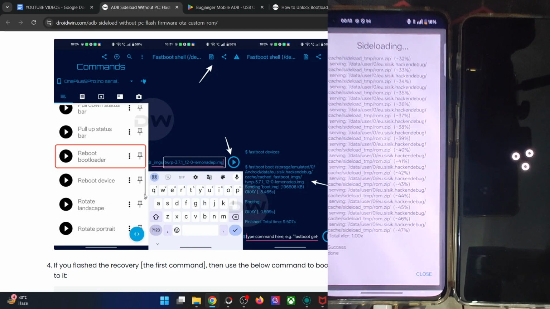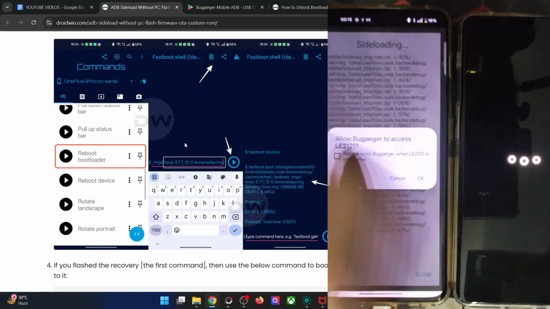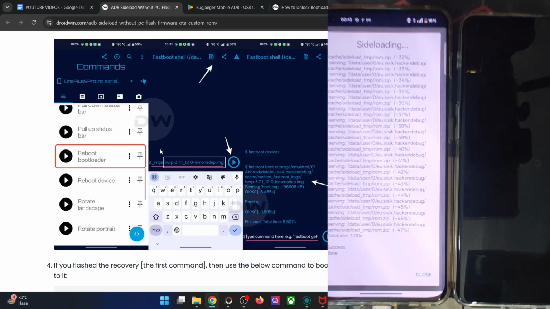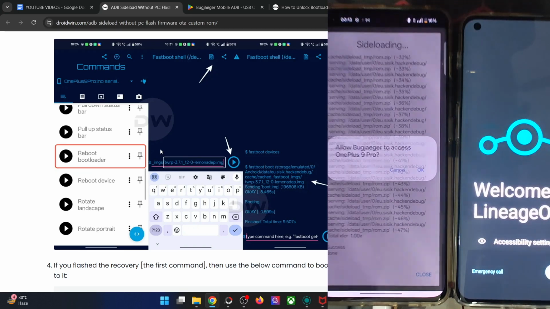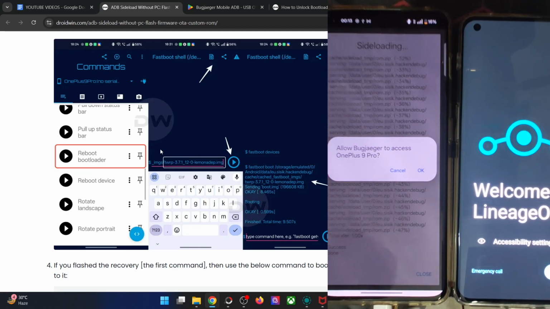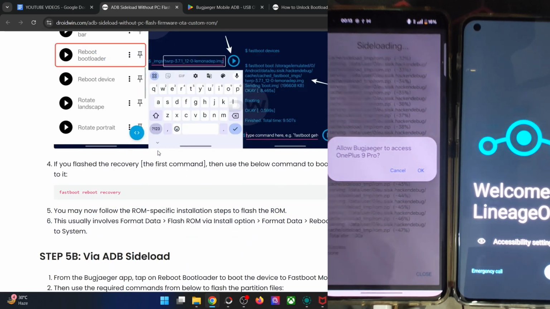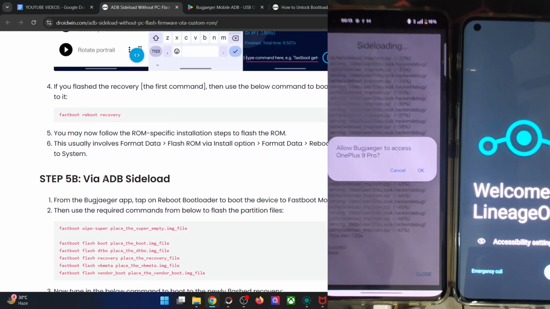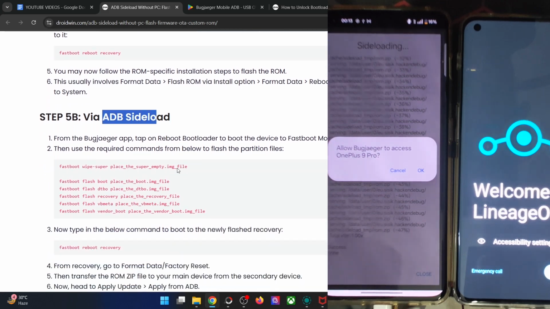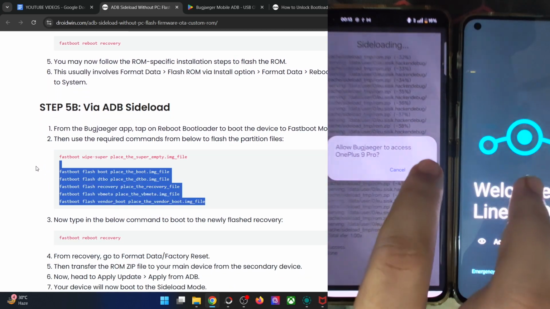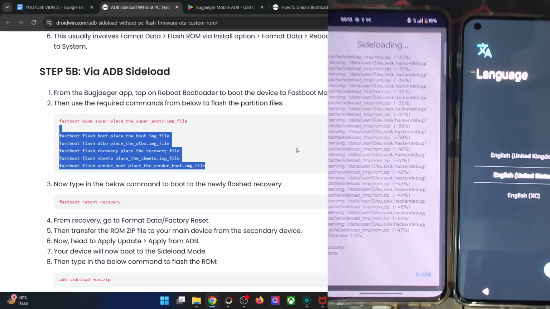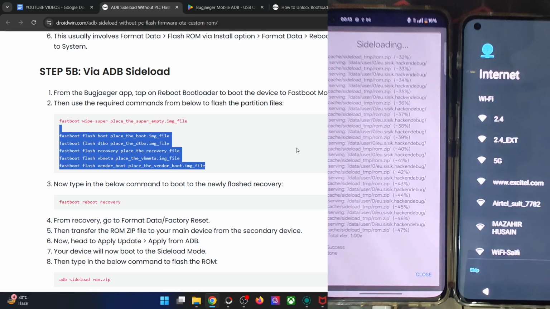source as such. Once you use the pen drive or any source as such, then tap on the mount option and mount the storage as well. Then you flash the recovery file or the ROM file as well. But if you are using an ADB sideload, then first and foremost, you have to go to the fastboot mode, flash all these files from the fastboot mode, and then only go to the ADB sideload and flash the files onto your phone.